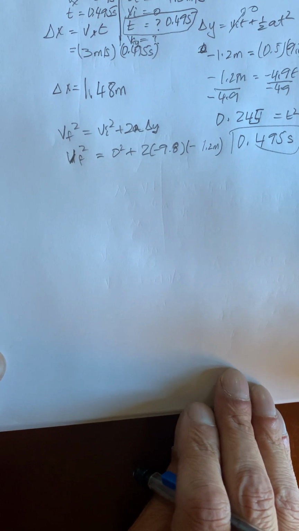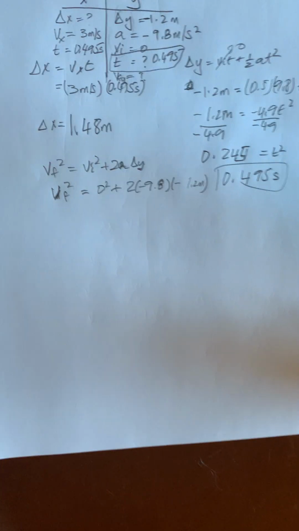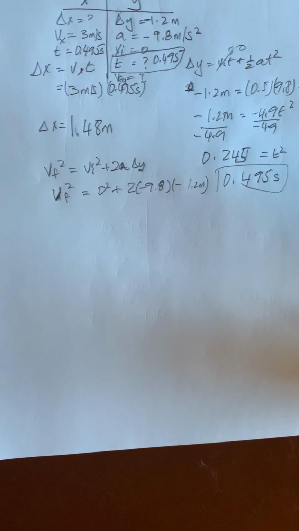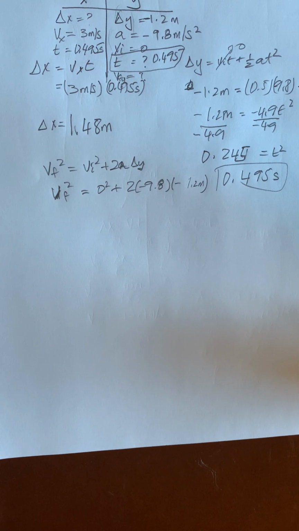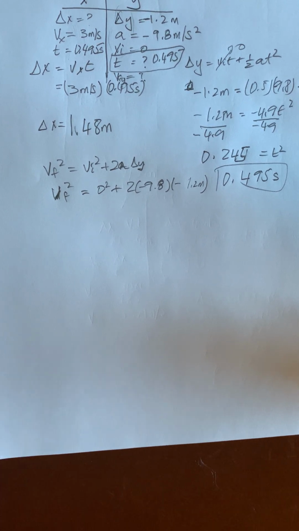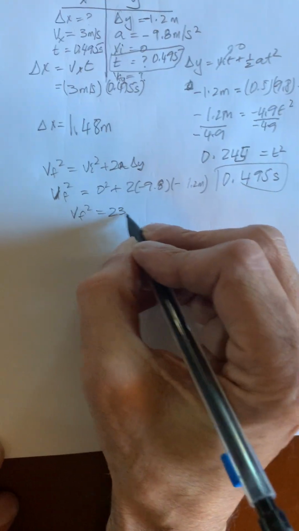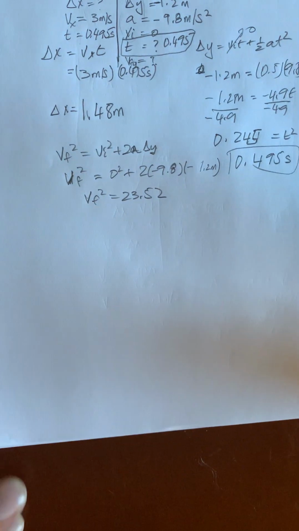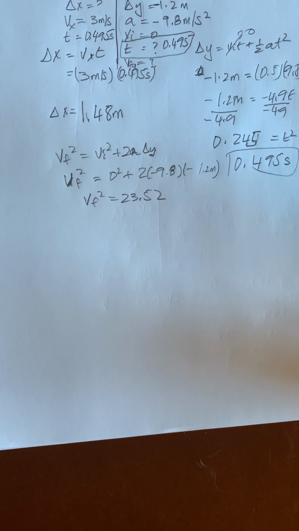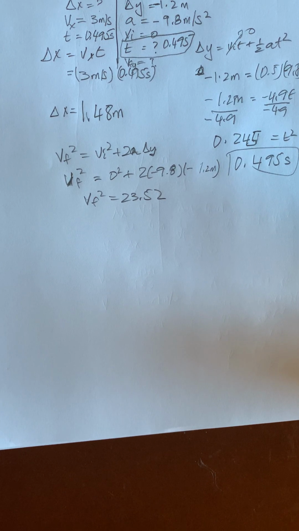Now you've got this, and it's pretty simple to go ahead and multiply these out. That would be 2 times negative 9.8 times negative 1.2. And that gives me 23.52. That's my VF squared. That's 23.52. So to clear VF, it is going to be